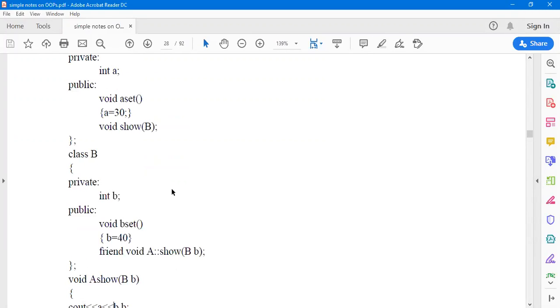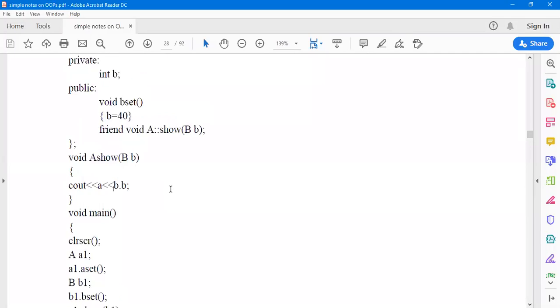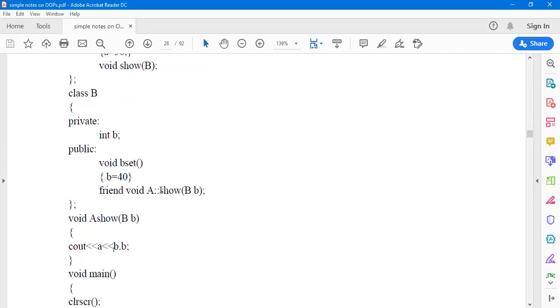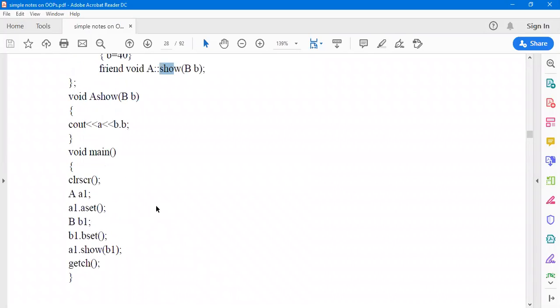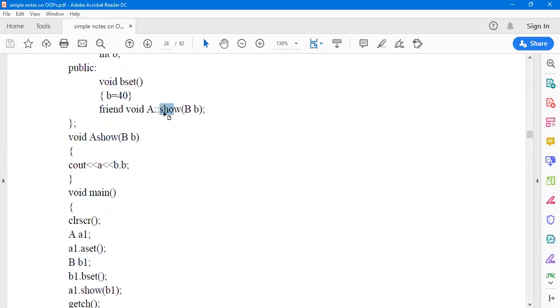Because if you go over here, this is the definition of the show function, right? And there should be a scope resolution operator over here because it is the member function of A class. So just kindly note there is some typing mistake. You can just do some modification, A scope resolution operator and show.